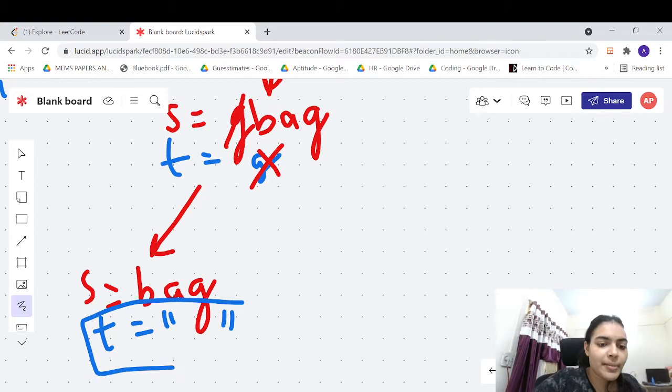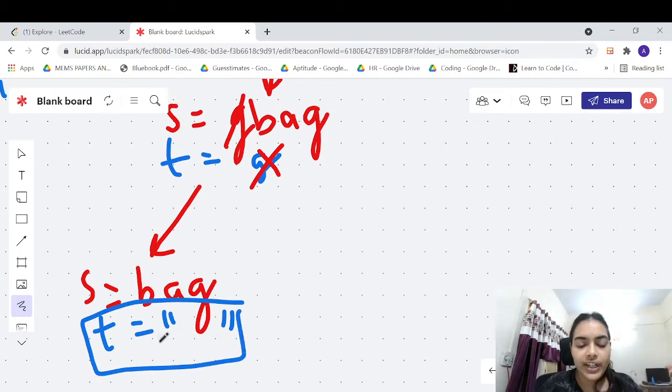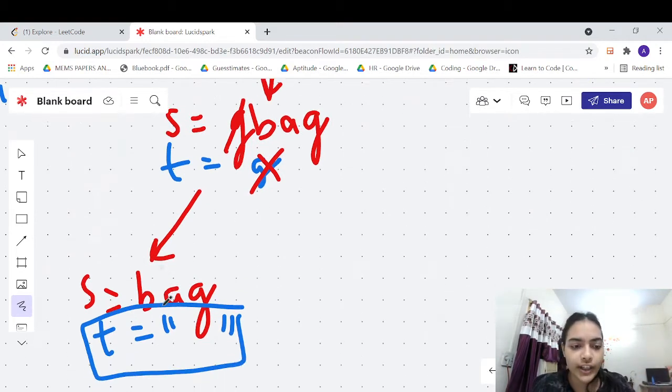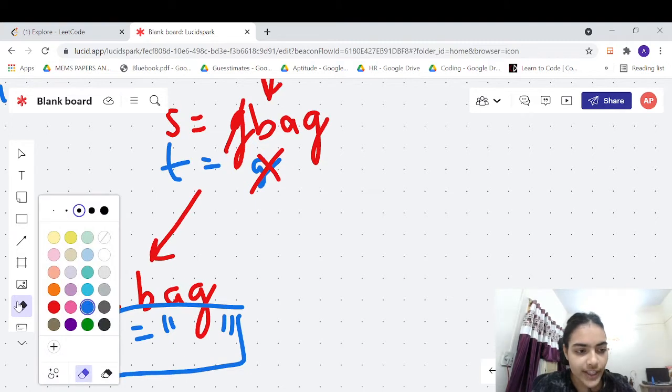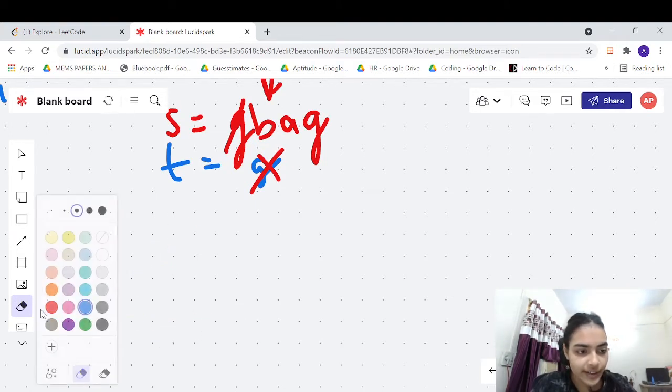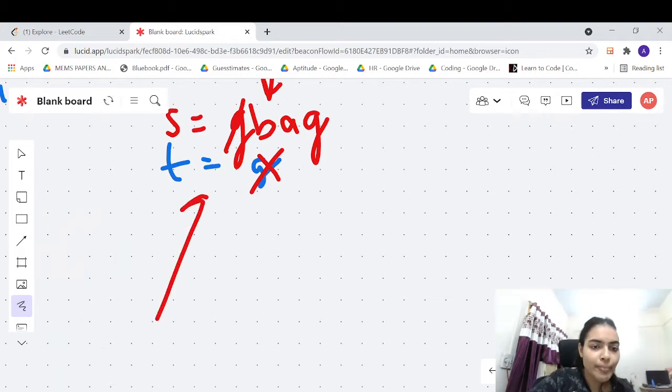So now you have reached the base case for the first time. You have reached an empty string, which means you have formed all the characters that you wanted to make, right? So you found a B, then you found an A, then you found a G. So you have made bag which you wanted to make. So in this case, when you reach an empty case, you can simply return back, right? You can sort of backtrack.